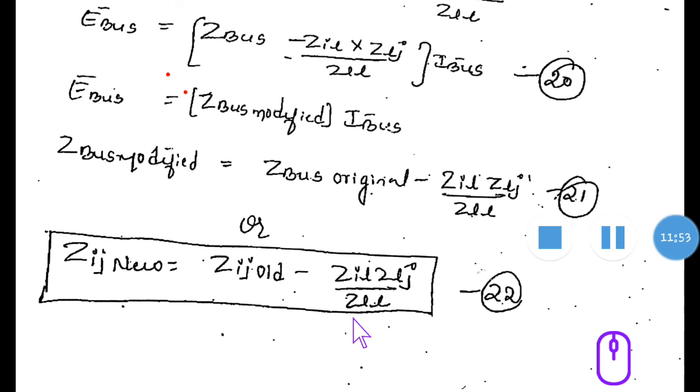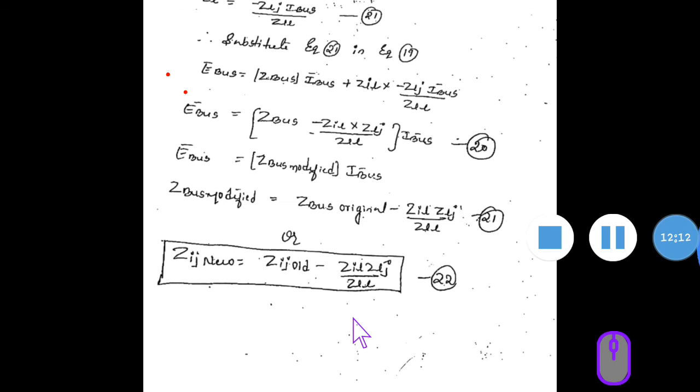Okay. So this is all about the derivation of addition of link, no mutual coupling derivation. Because in the starting we have done the derivation with mutual coupling. Afterwards that has to be deleted. Cases we have done for no mutual coupling. And the deletion process also, that node, last modified bus. Okay, so this is all about the addition of link derivation.